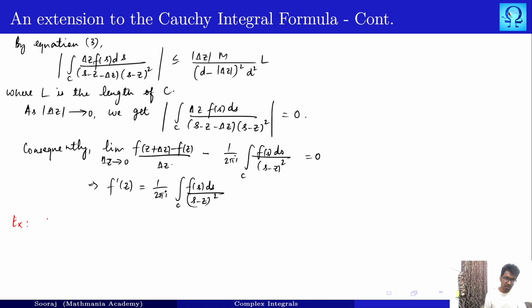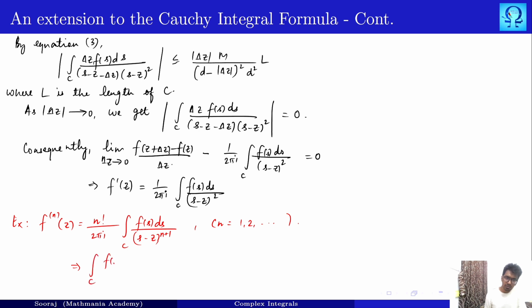The general case is that the nth derivative of f at z is n factorial upon 2 pi i, integral over c of f of s ds upon (s minus z) to the power n plus 1. This is true for n equals 1, 2, 3, and so on. So if you have to find the integral value of this form,